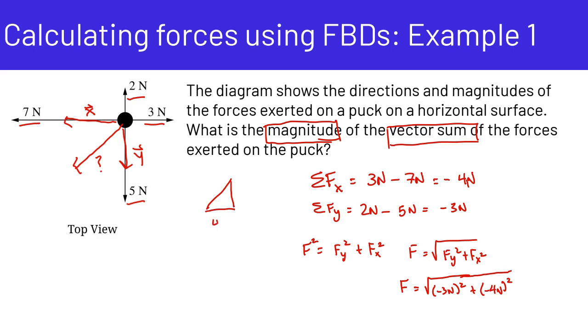So if you recognize this triangle here, this is 4 newtons, this is 3 newtons, and this would be a 5 newtons. So this is a 3, 4, 5 triangle. This is a vector, so we're going to put the little arrow on top here. So 3 squared is 9, plus 4 squared is 16. So 9 plus 16 is 25. So the square root of 25 is 5. So the magnitude of the force is 5 newtons. We don't care what direction it's pointing in.